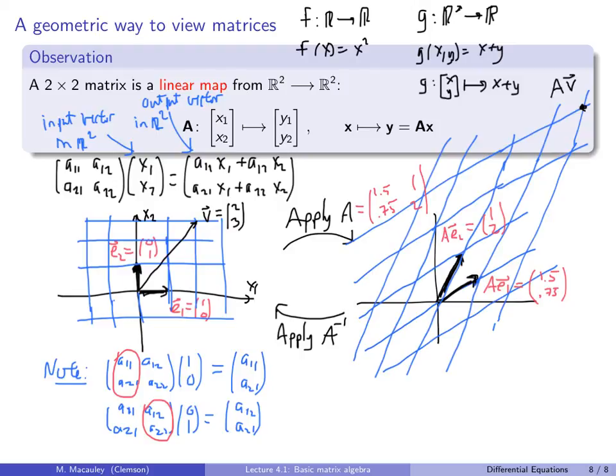Here's a fact that is frequently not taught even in the undergraduate course on matrices. Obviously this box here has area 1. This is the unit square, area equals 1. So you can ask, what is the area of this parallelogram? And it turns out that the area of that